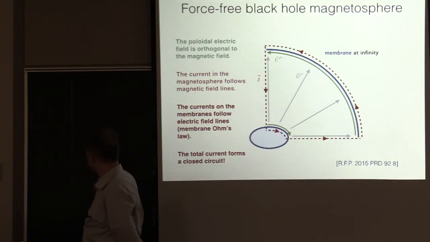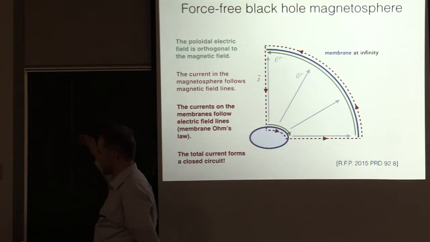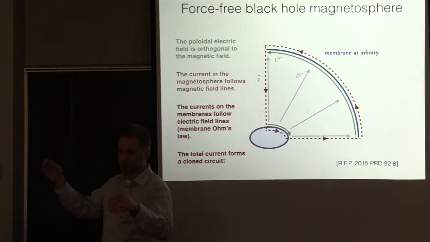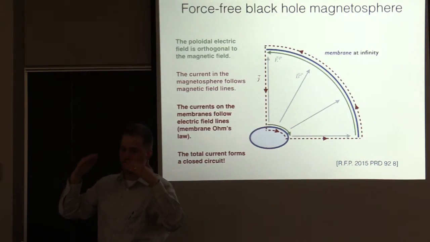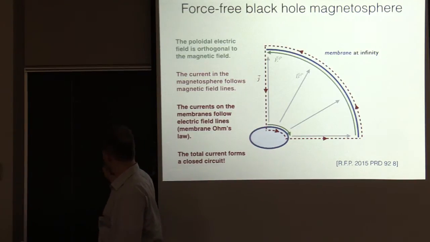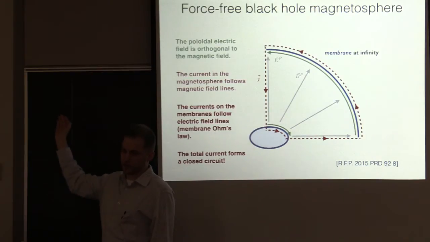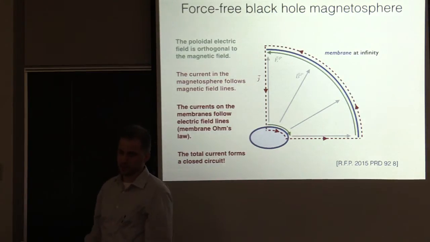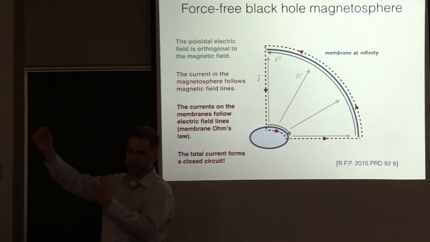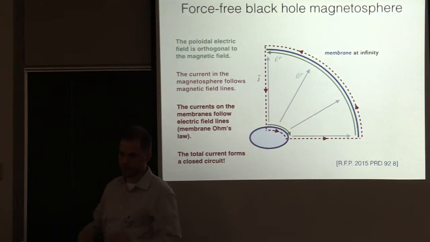So there are the two conditions I wrote. The first one, that you need a current to cut off the problem. You can put that on any surface, including a time-like surface. You can always terminate a magnetic field by putting some current that just ends it. And the second condition was that all your electromagnetic waves are outgoing. There's no waves coming back in. As long as you're beyond the sonic points, that's a good approximation, because beyond the sonic point, things can't come back upstream. Everything's going out at the speed of light.